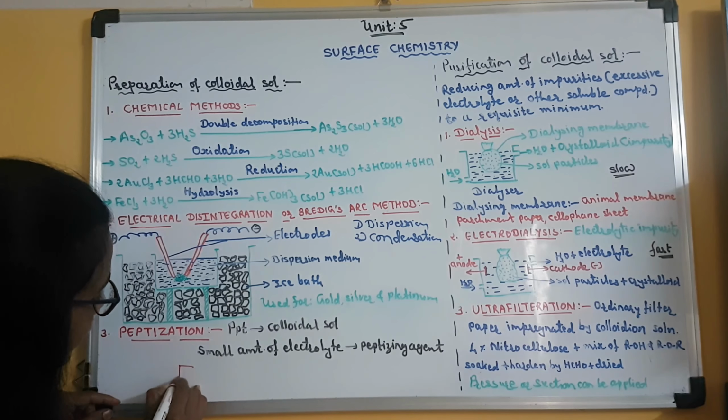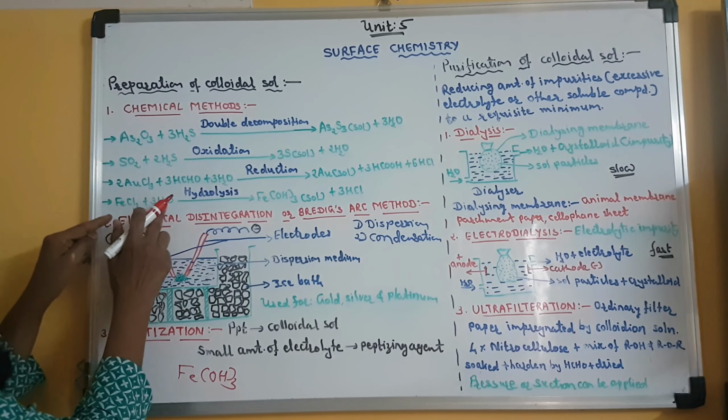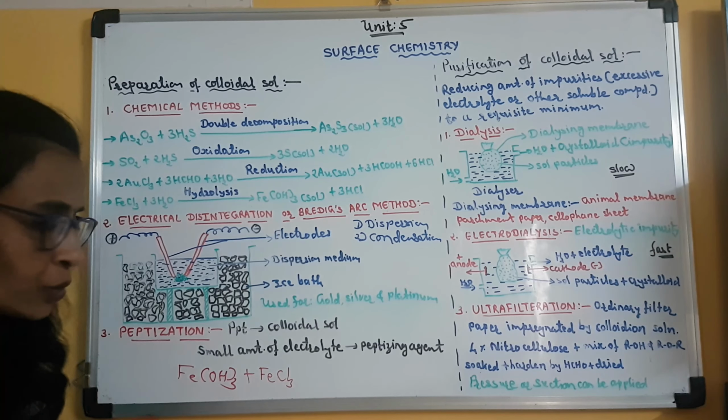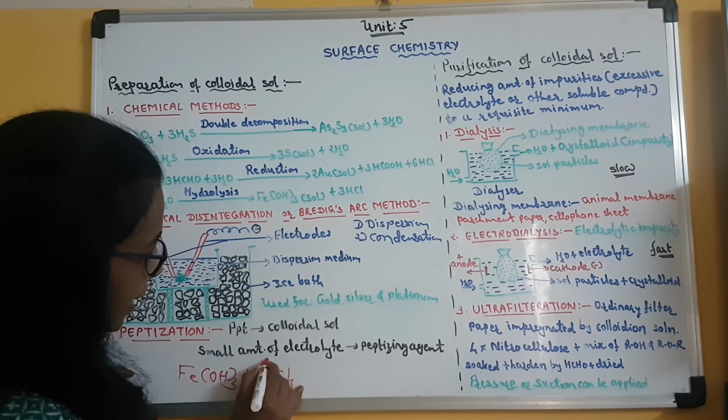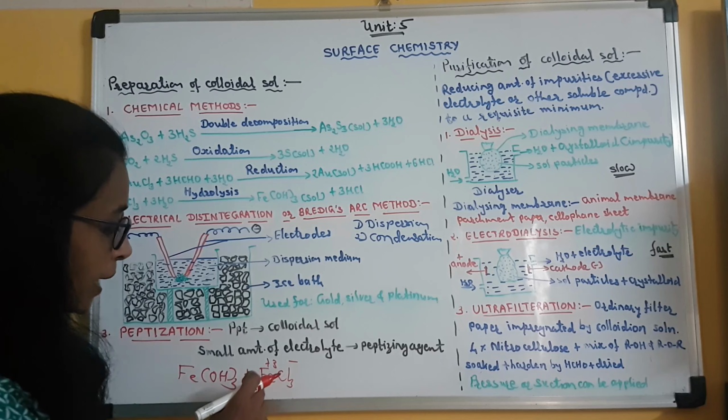For example, Fe(OH)3. By the hydrolysis reaction, when FeCl3 is reacted with water, it gives precipitates of Fe(OH)3. To these fresh precipitates, a very small amount of electrolyte like FeCl3 is added, so that now this electrolyte has positive and negative ions. So this precipitate will absorb